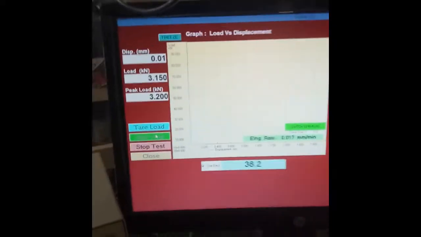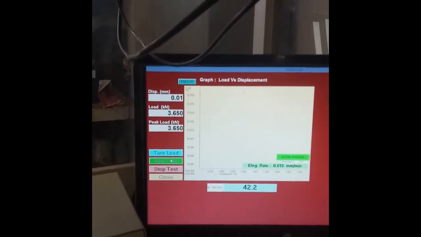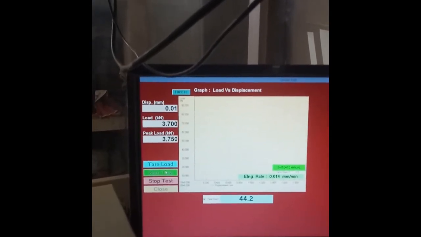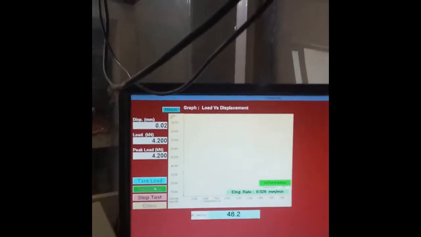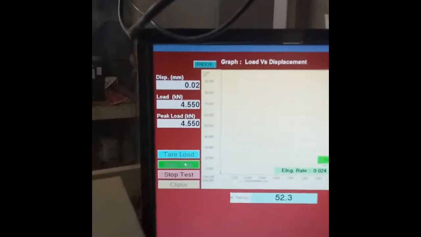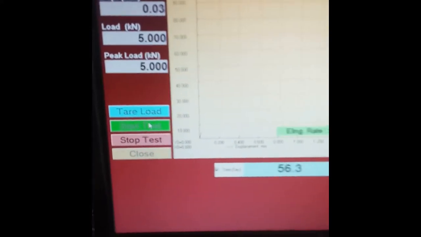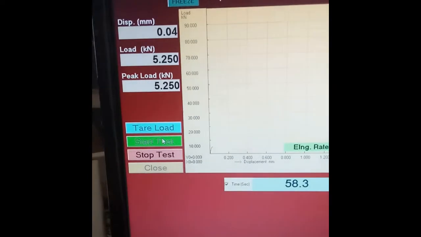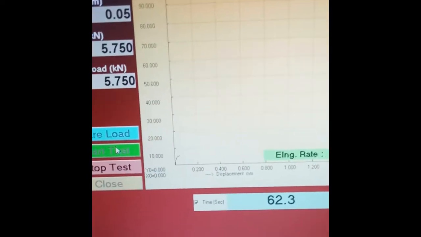As such we have to apply the load, so we need to calculate the expected yield load, and around that load we need to apply the load. So we'll calculate that yield load. Even now the graph has started increasing, if you see carefully, the graph started plotting.